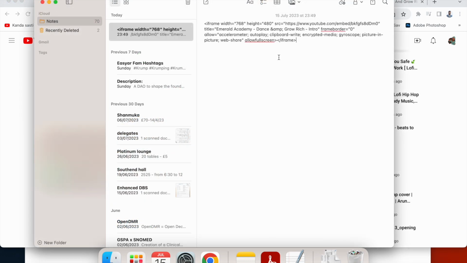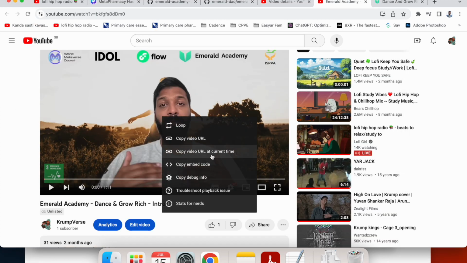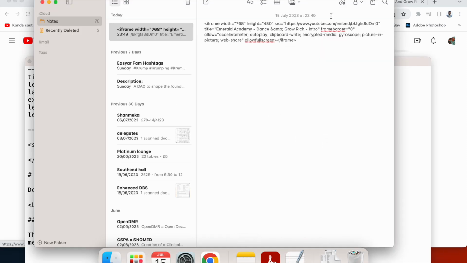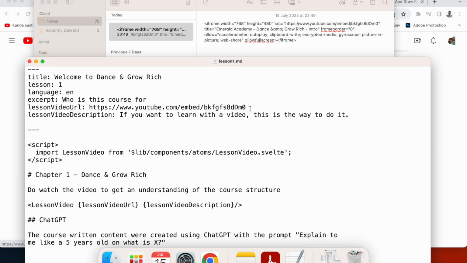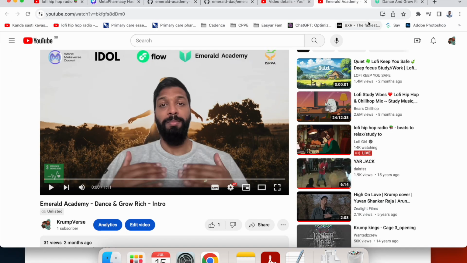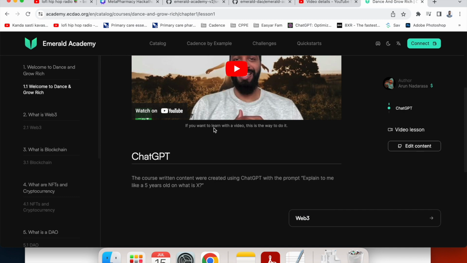Okay, now see what I've done. I went here and I did copy embed code, right? If I go here, if I zoom in, actually I can't really zoom in, but yeah, as you can see, source YouTube dash embed, and let's have a look. If you look here, YouTube embed, exactly the same. Yeah. And then once you've done that,